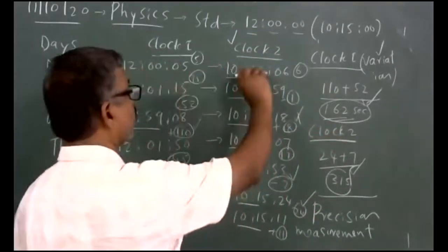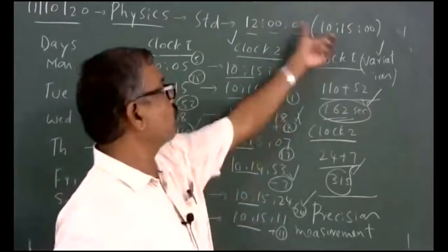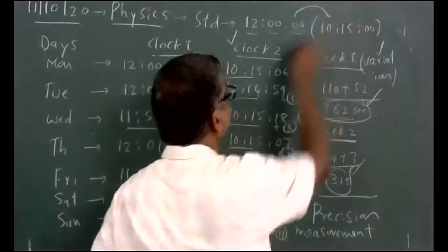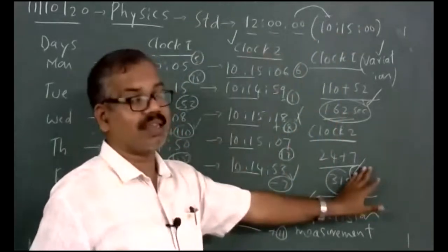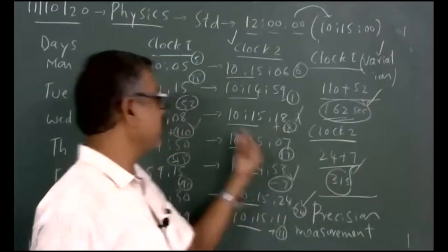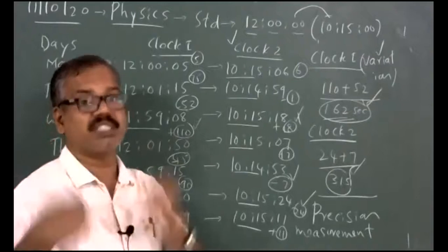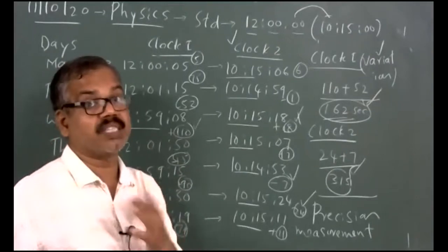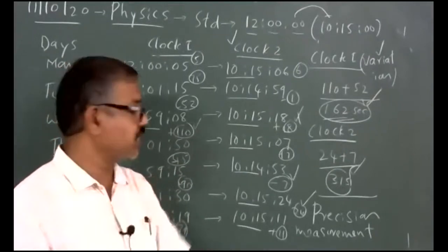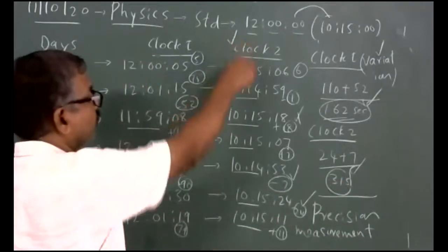The error which I am talking about, it is showing 10 hours 50 minutes. You adjust the knob and make it 12 noon. Once it is adjusted, the variations of this clock can be minimized. Since variations are less, clock 2 is preferred over clock 1 when your goal is precise measurement, not accurate measurement. For precision measurements, the variations over the weekdays